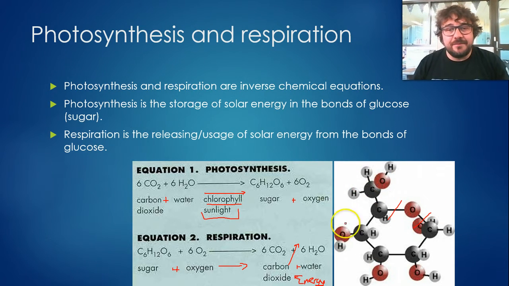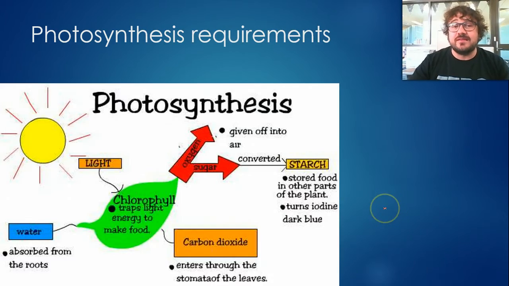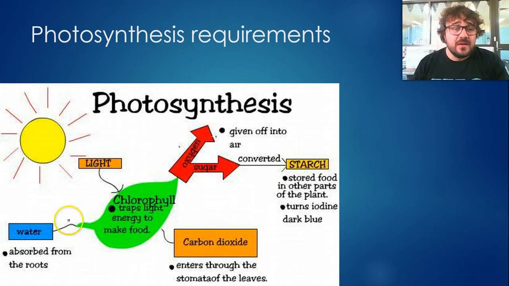So here we have photosynthesis stores energy in those bonds. Respiration breaks them and releases the energy. So what do we need for photosynthesis? Essentially, we need water, which a tree or a plant gets from its roots. This is why you don't water the leaves of a plant, you water the ground of the plant, and the roots absorb